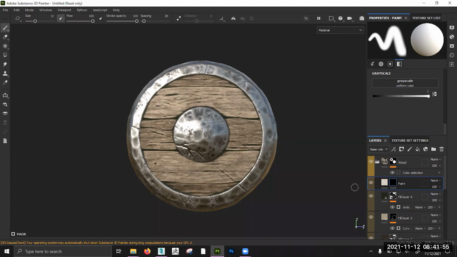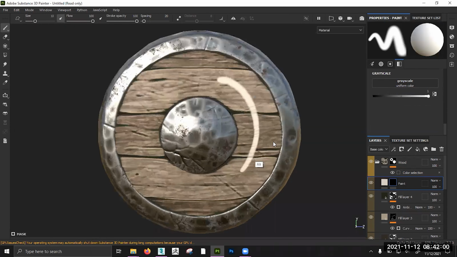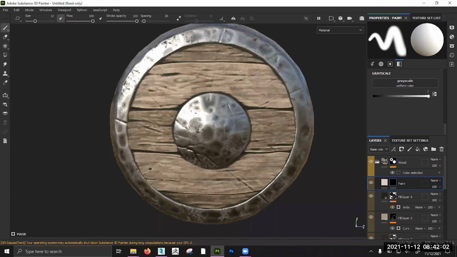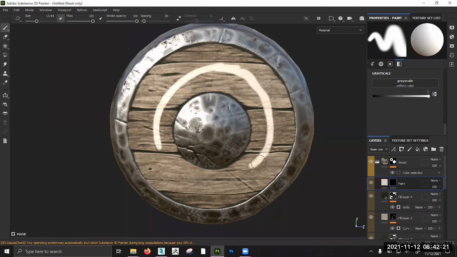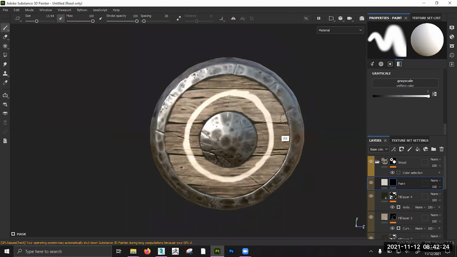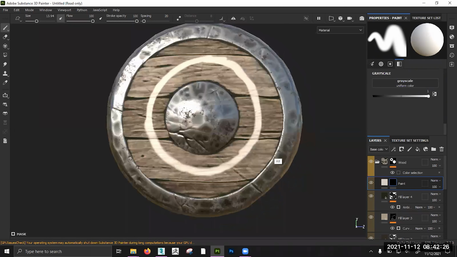And this time, I'm going to be painting this section on. I have my size up here, my stroke opacity, which changes how bright or dark it is. And turn it up. And you can see this brush is really smooth. And I really like that. So what I'm going to do is